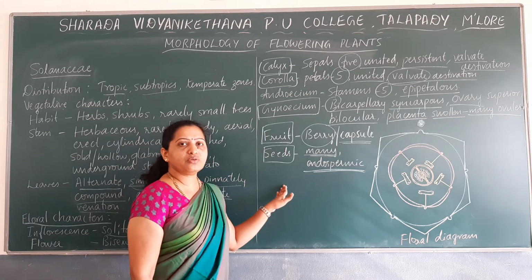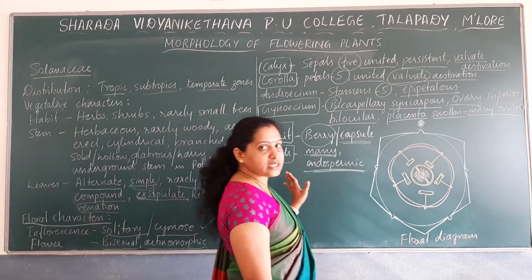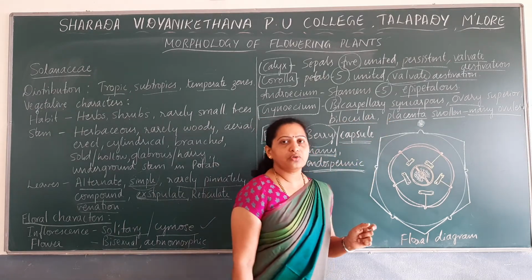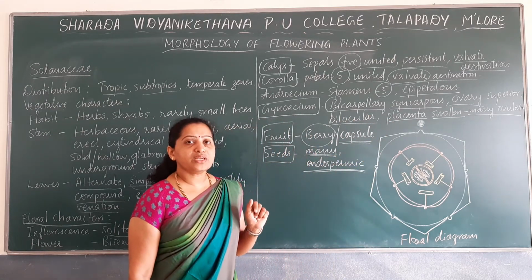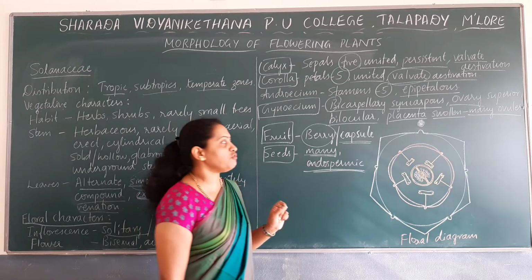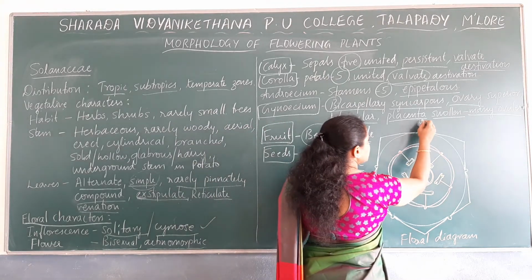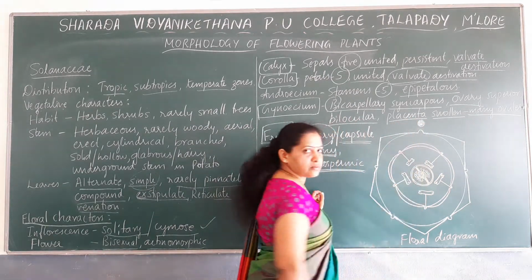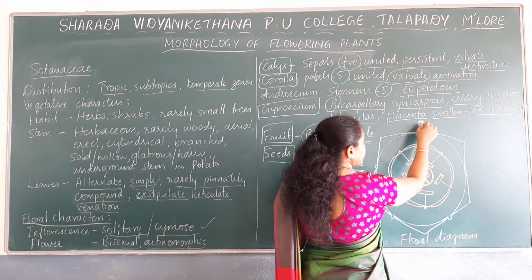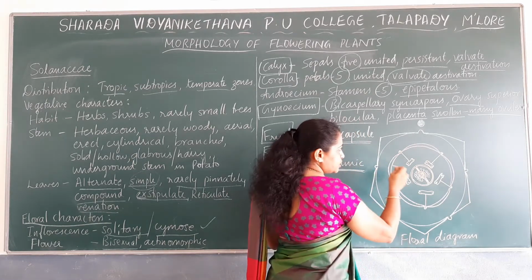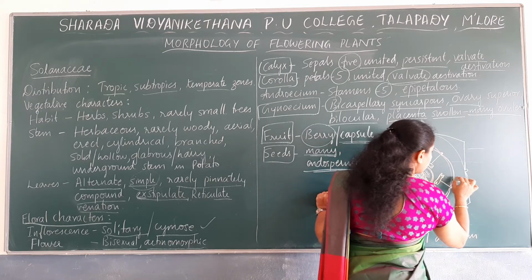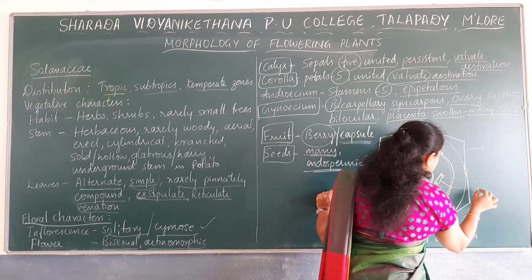After noting down a brief description of a flower using scientific language, we have to note down the floral diagram. As I mentioned earlier, before noting down the floral diagram, first you have to note down the position of the mother axis. With respect to the position of the mother axis, how are the sepals arranged? This is the outermost whorl, sepal. The next whorl is petal, the next whorl is androecium and the next whorl is gynoecium.